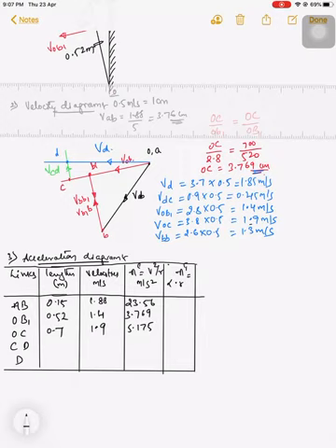So the next link is CD. CD is also given directly in the question itself. It is 200 millimeter or 0.2 meters. So now the velocity of CD is also calculated. See, here is the velocity of CD, 0.45 meter per second. So when I calculate that, 0.45 square divided by 0.2, it is 1.0125 meter per second square. Now the velocity of D is also known to us, 1.85 meter per second. Now using this data, I am going to draw the velocity acceleration diagram.